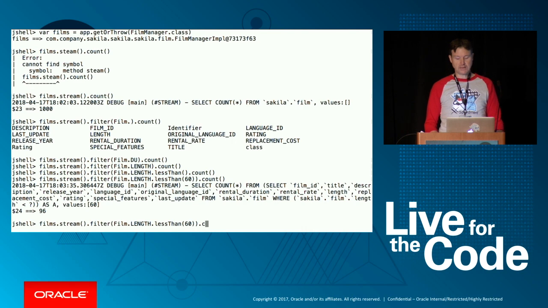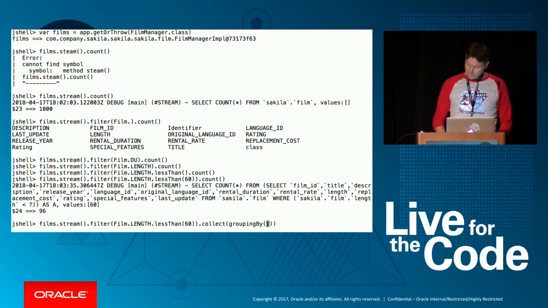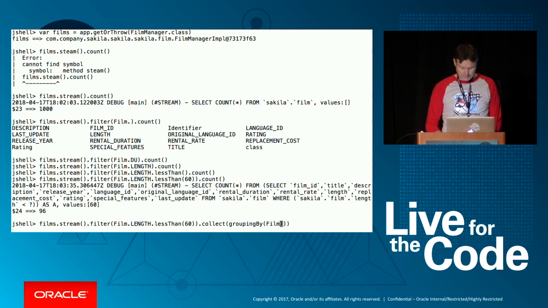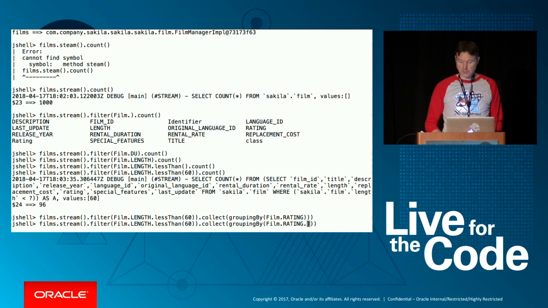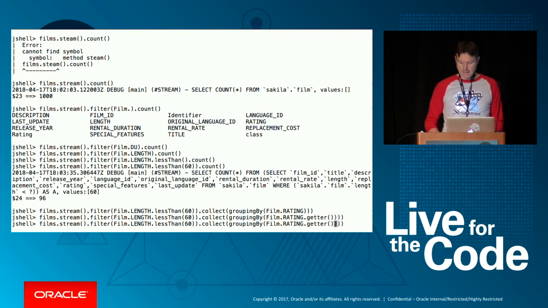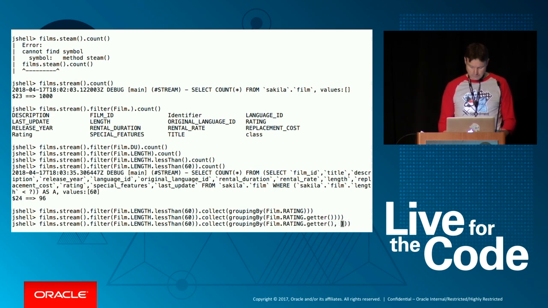And instead of counting the different films, you might want to categorize them. So you can do that using standard streams, and then you use collect, grouping by. And then I tell Java what I want to group on, and that is also film. Maybe rating, maybe you're familiar with the rating system here in the US. They rate films if a kid should see it, or if a grown-up can see it, and so on. So I want to apply the rating getter, and then I want to